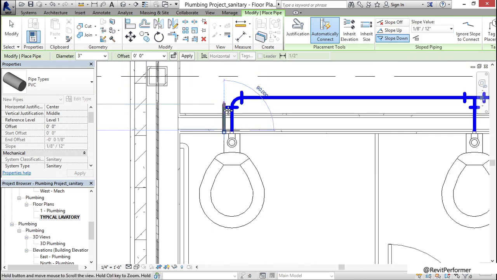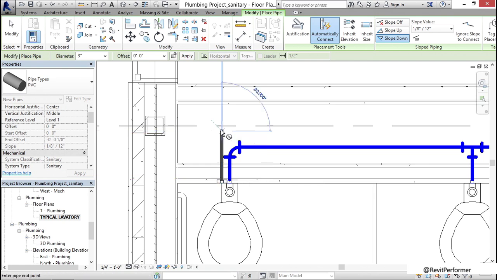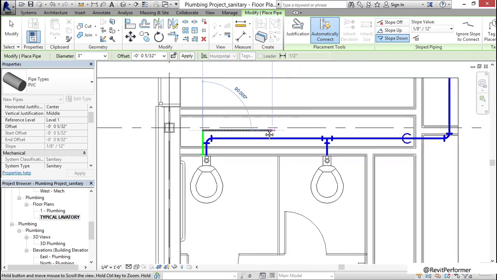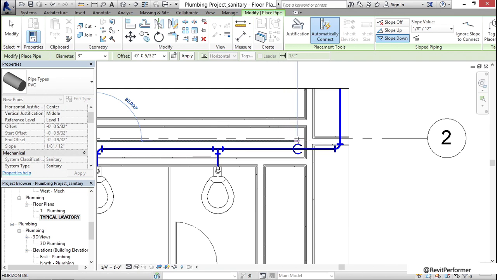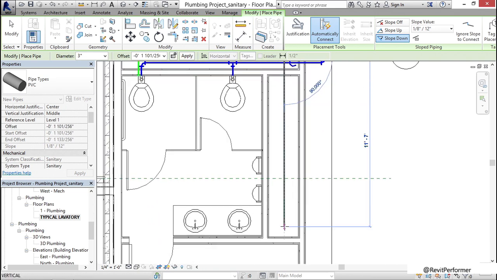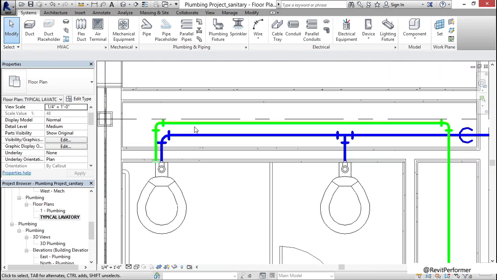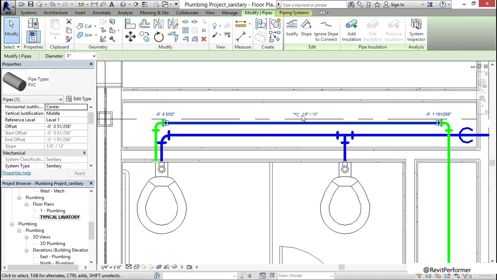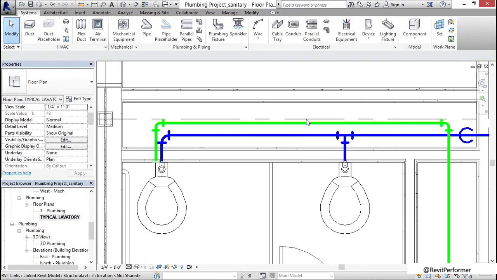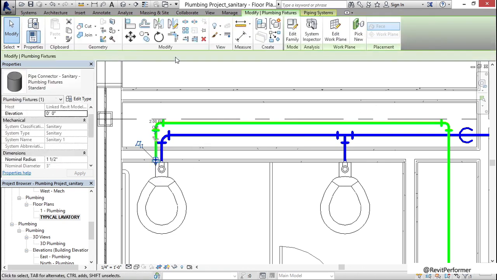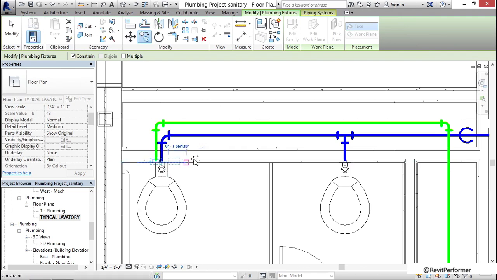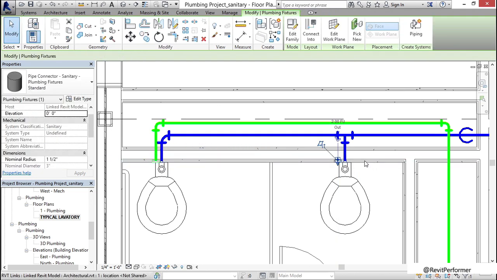Let's scroll out a little bit. Let's pick a point right about here. Let's draw our pipe all the way down into the chase, back to here, and then down into this chase. We can just terminate it right here. Go ahead and select the pipe. Notice that it shows 1/8 inch equals a foot, and it gives us our offsets. Select this fixture, click the copy button. Let's copy it down to the other toilet. Let's hit escape a couple times.